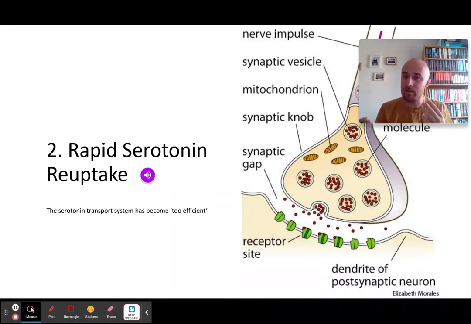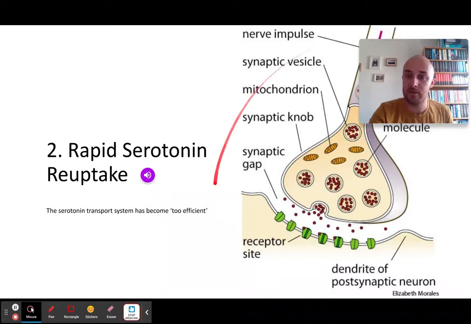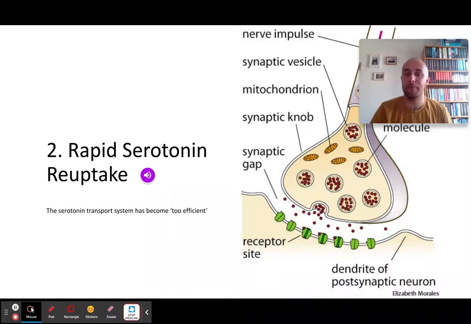But you can be quite smart about this. If you're asked to give a genetic explanation, talk about the SERT gene, for example. If you're asked to give a biochemical or a neural explanation, then just talk about this issue about faulty serotonin. So there's two explanations that you can break out of one, really. The third one